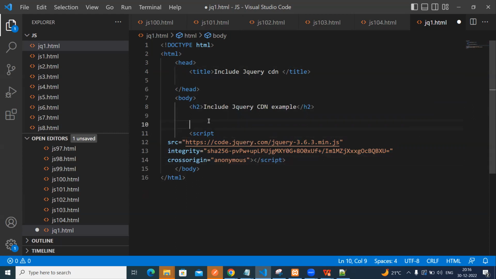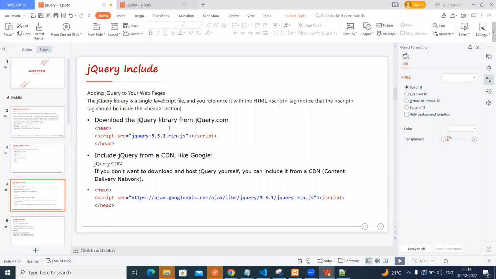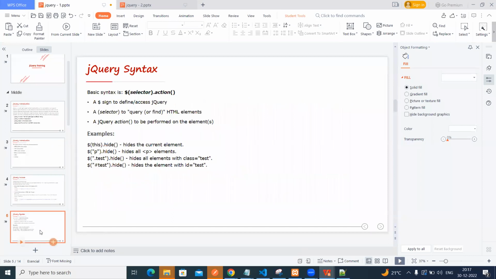Okay, so here we have placed the script, right? This way we can include it. Now you can see I'm writing the script here. So if you can see the simple example,